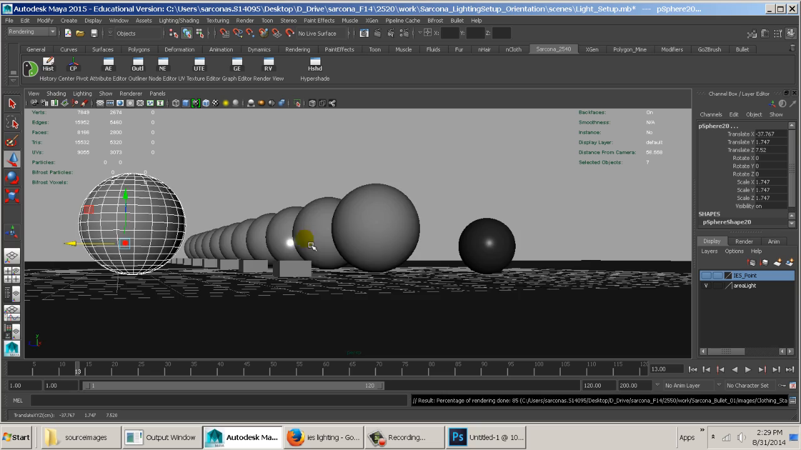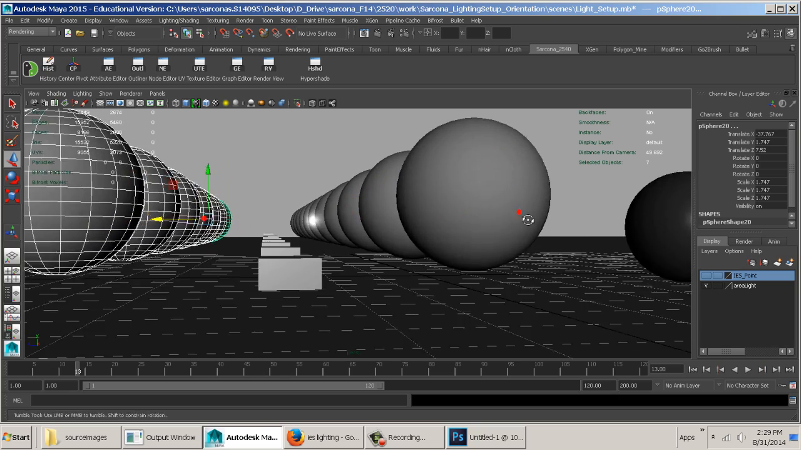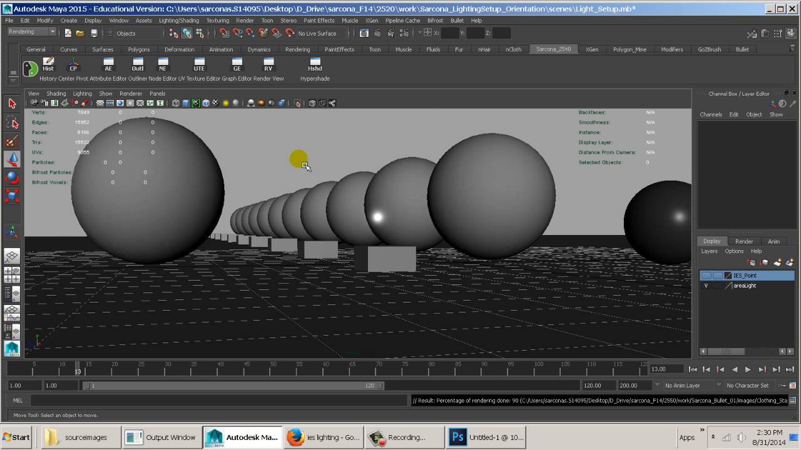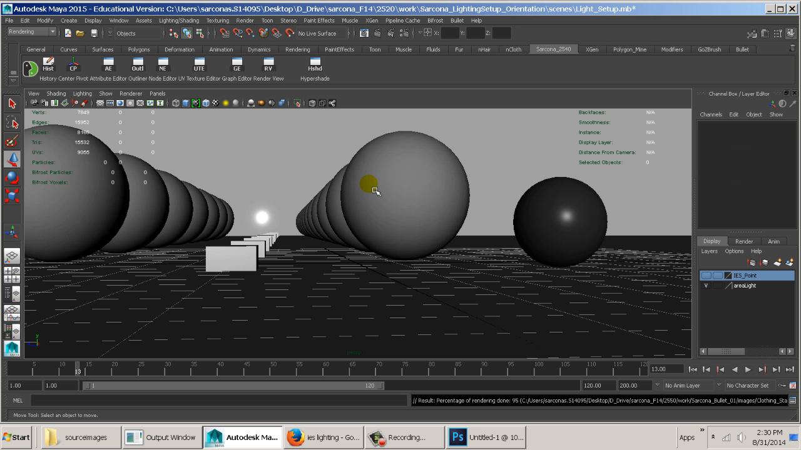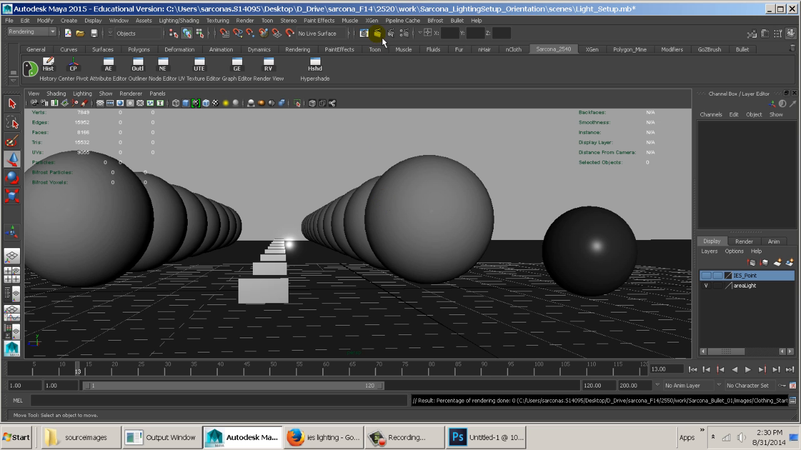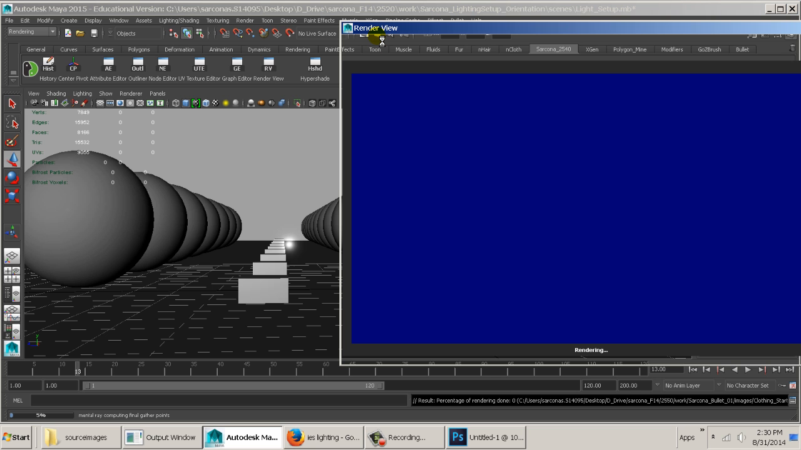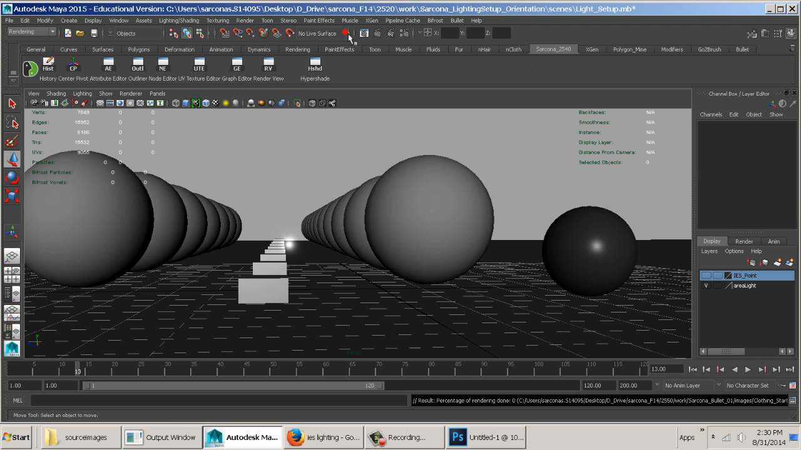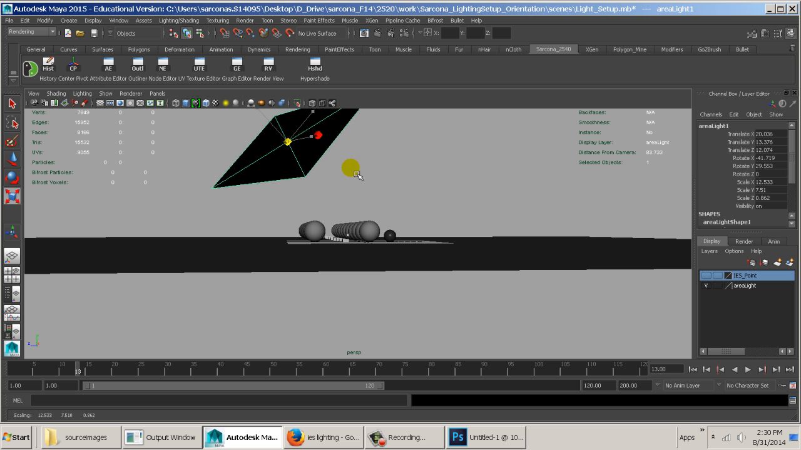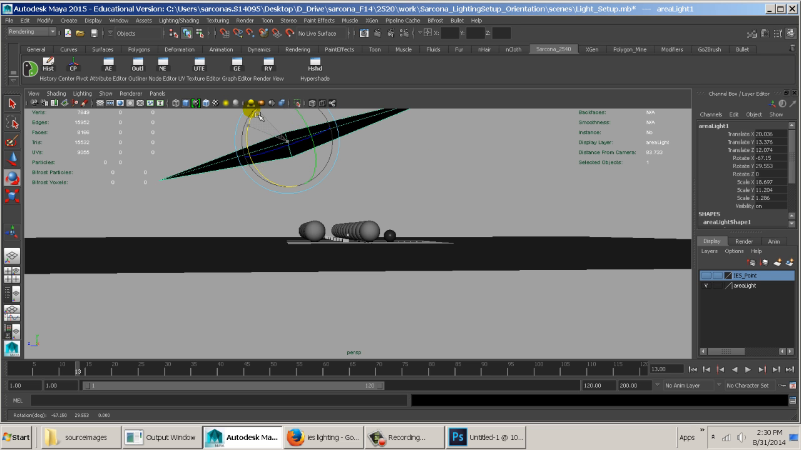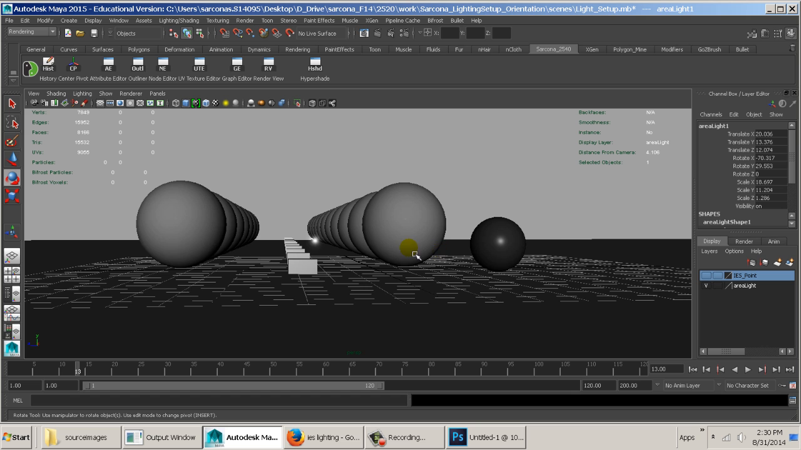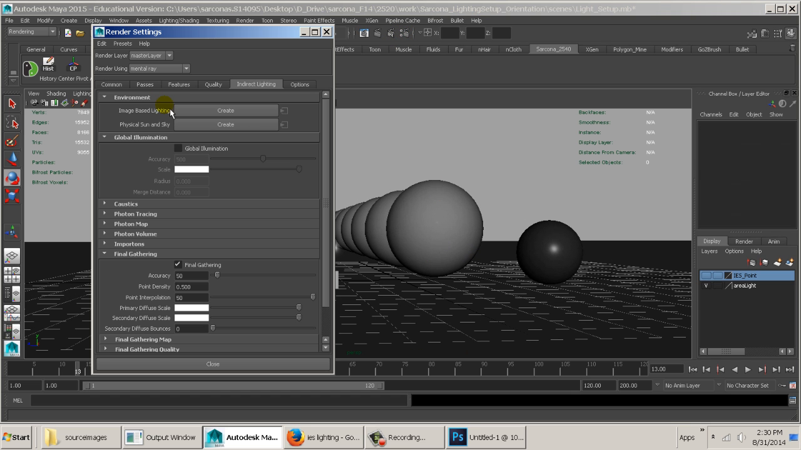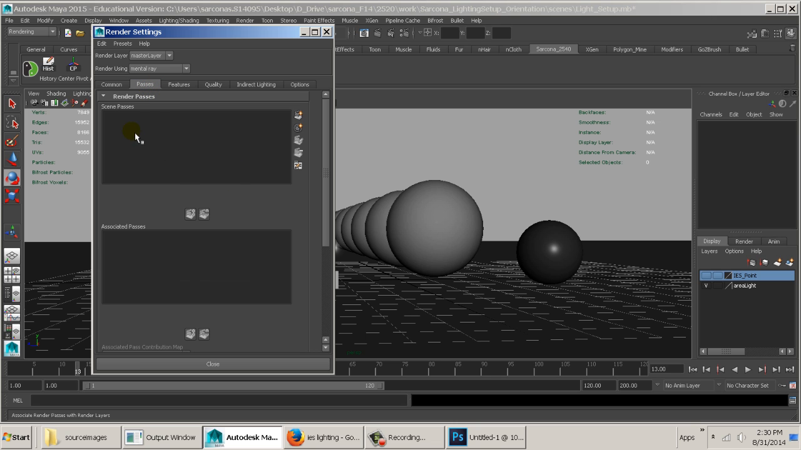So I'm just complicating the scene is all I'm doing here, just so we have a little bit more interest in the scene. There we go. Wonderful. And I think I'll also take the light here and make this a bit bigger, a bit more on the top. Okay, so we're going to go to our render settings, under passes,